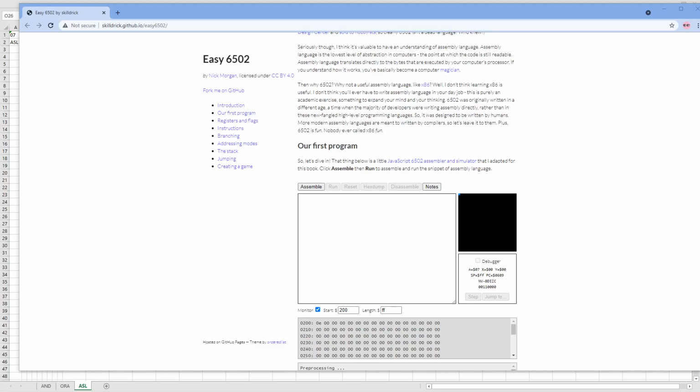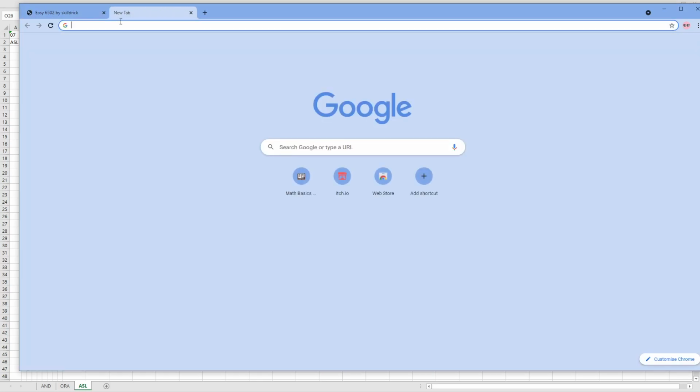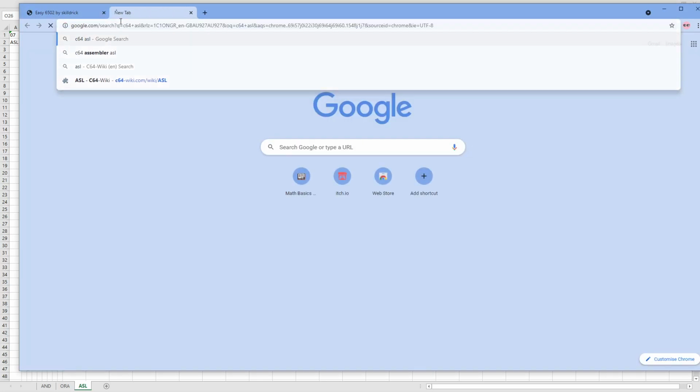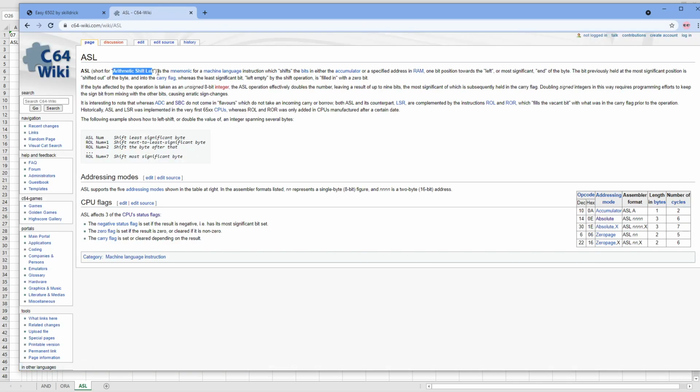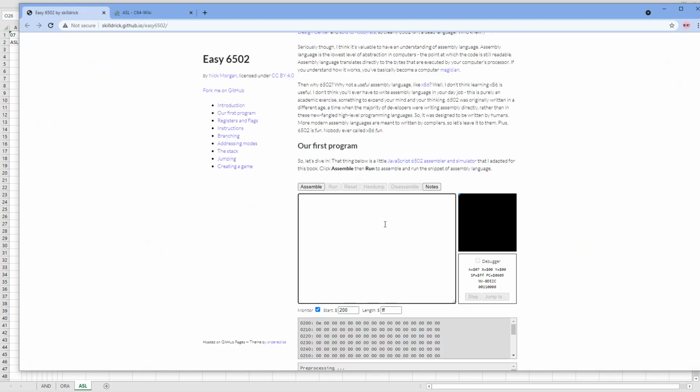Hi everyone, this is a quick video to explain how the arithmetic shift left works in the Commodore 64. If you look up C64 ASL, it'll come up with the wiki. So, ASL, arithmetic shift left. It's worth reading some of this stuff, but it can be quite complex without really knowing it. So if we come to here, we do something simple like load the accumulator with